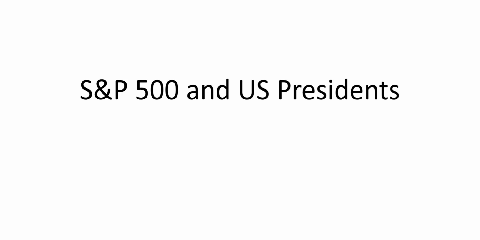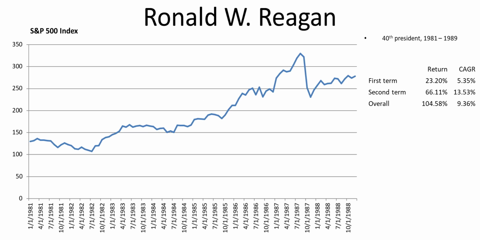In today's video, I want to talk about the correlation between the stock market and the political affiliation of the US presidents. So, I took the value of the S&P 500 index for the past 40 years and calculated the total return for each presidential term, and also the compound annual growth rate for a portfolio investing in S&P 500 stocks. The last part of the video will be a review of the index-based portfolio versus a dividend growth portfolio. Now let's talk about the first president.